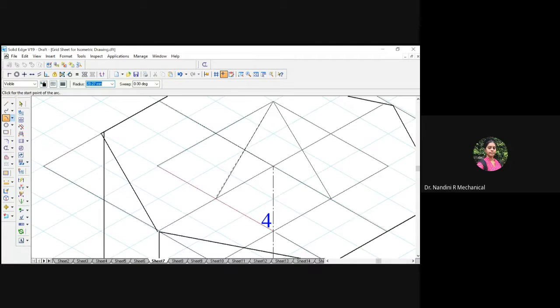From this end, you measure this distance, cut an arc. Similarly, go for line. From this corner, you just select the midpoint. Similarly, go for line from this corner, you just select the midpoint.